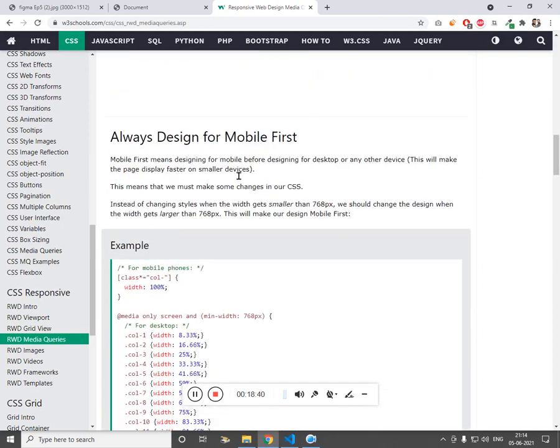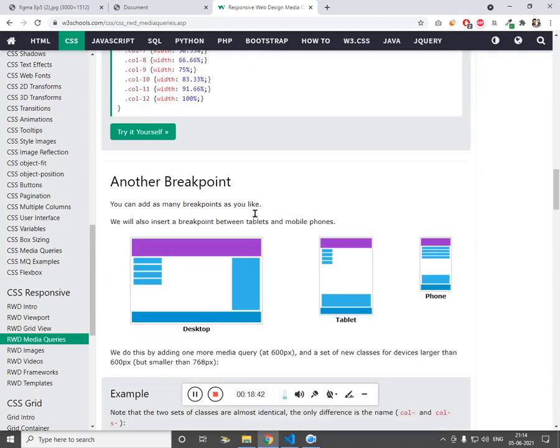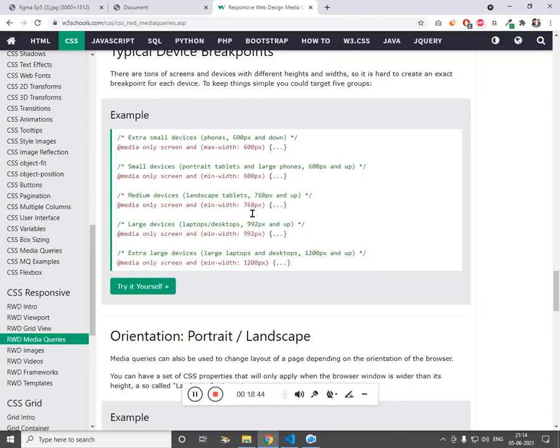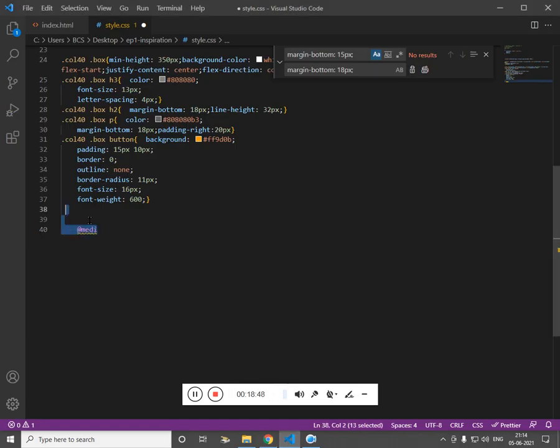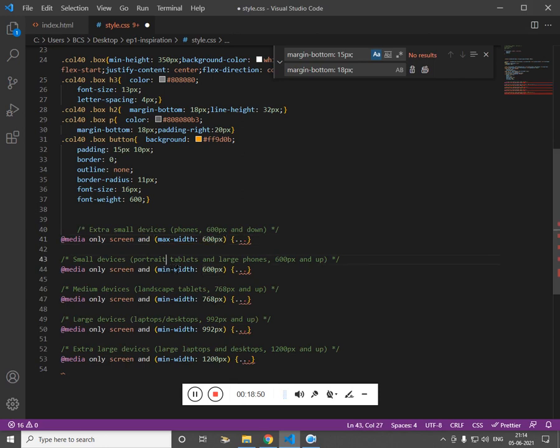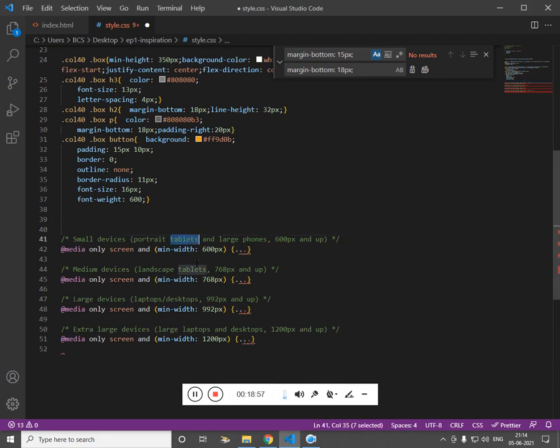So these are the screen sizes. So this is for normal phones, we don't need this. This is for tablet. So we will make use of these two only.